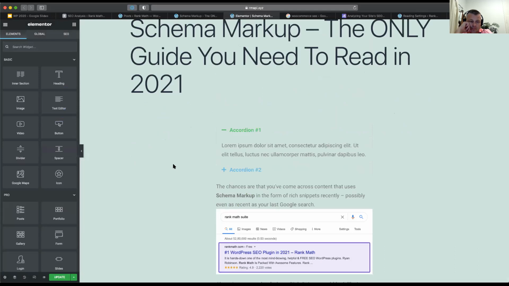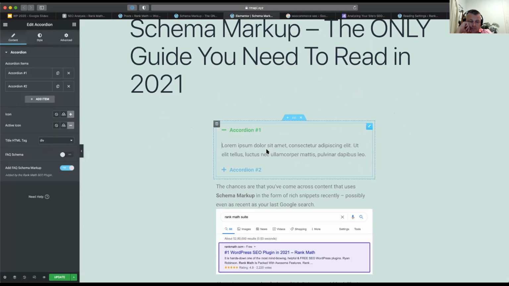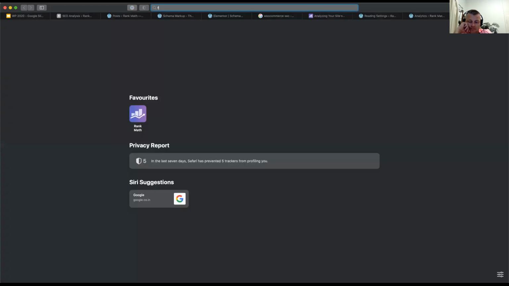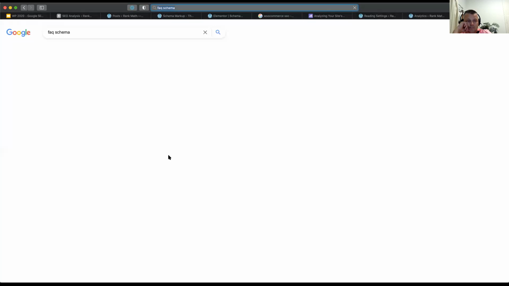One of the cool things is that if you are using Elementor Pro and RankMath Pro, then whenever you add the relevant widget using the Elementor editor, you can see that it shows a new toggle that says add FAQ schema markup. What this does is that whenever someone is searching for,